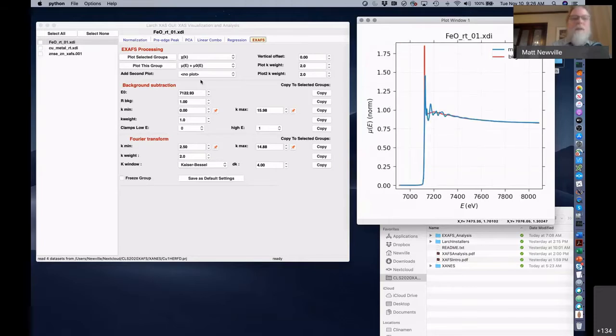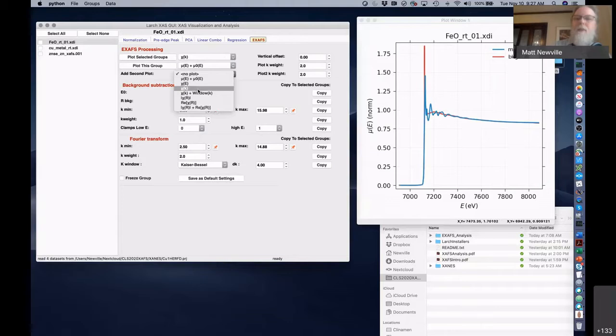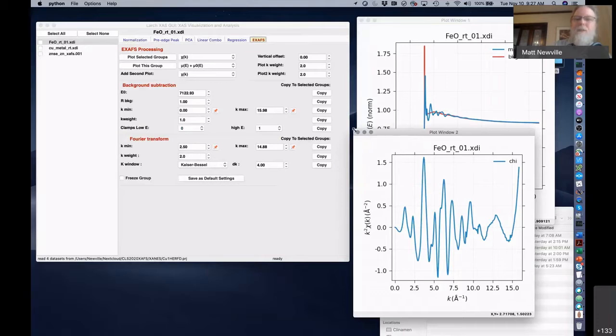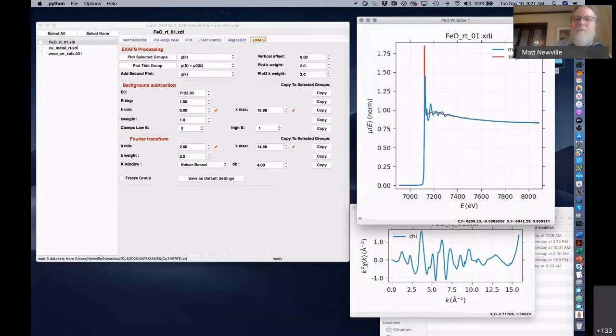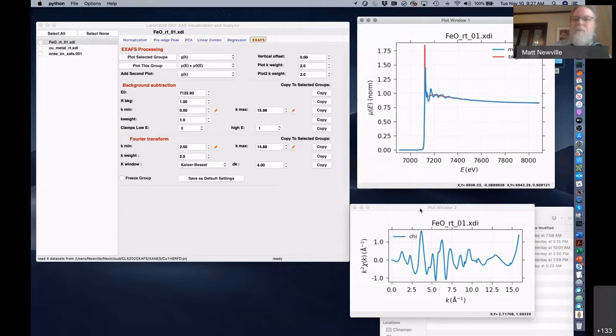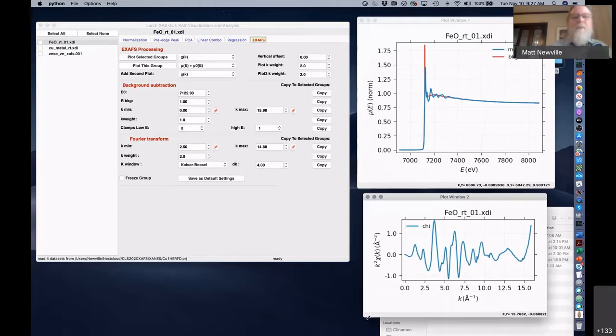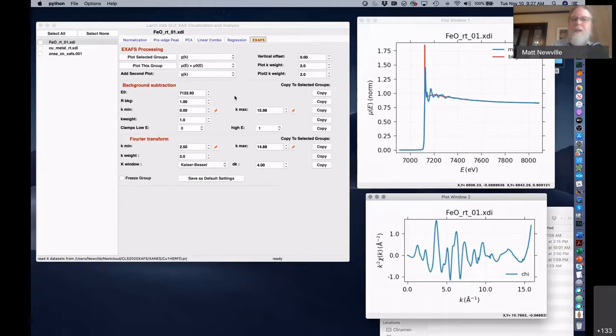Zoom out on that. So we have an E0 and we have an RBKG. I'll show you in a second window what the resulting chi of k looks like, up here, and see if I can stack those so they fit nicely in a single window. That works. I hope you can all see that well enough. Of the few parameters that affect the background subtraction, the most important, by far, is this value RBKG. Basically, we're saying here, take all the frequency components below 1 angstrom